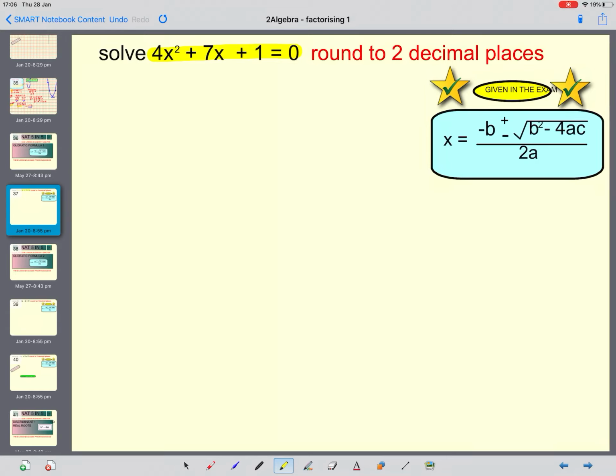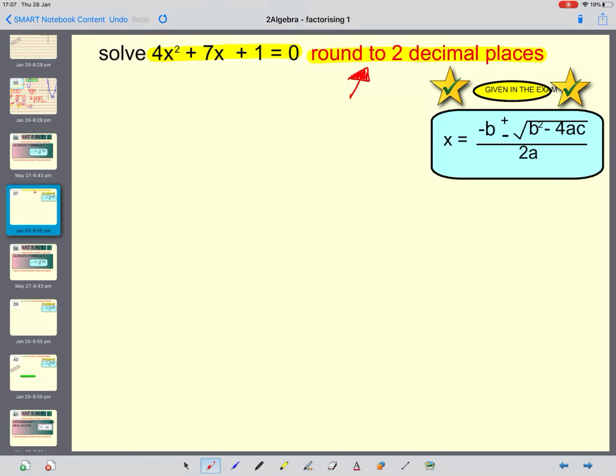Now what we've looked at so far is them always cutting at nice friendly numbers. You know, it cuts at 4 or it cuts at -1. When it says here round to 2 decimal places, that has given us a clue. It is not a nice friendly number, it is a decimal. Now we cannot factorise when it's decimals, it's just too difficult, so we use something called the quadratic formula, and